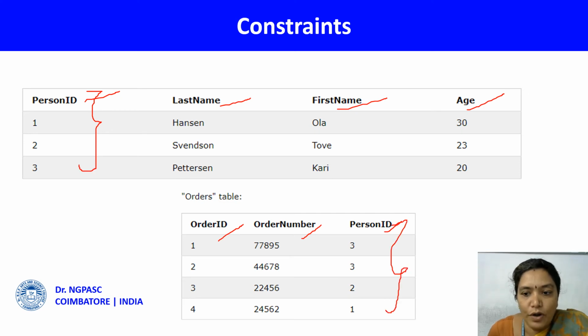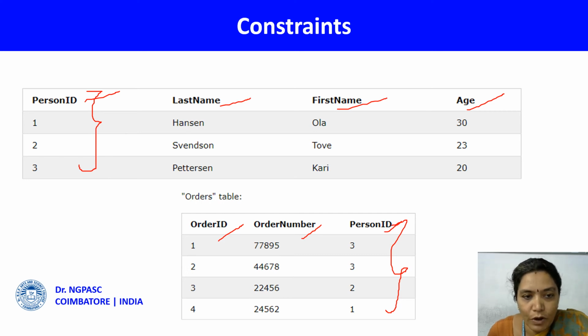So whenever a column is created for the first time and that column stores unique values, I can call it the primary key column. And if the same column has been defined in some other table to combine the two different tables, the column defined in the second table I can call the foreign key.